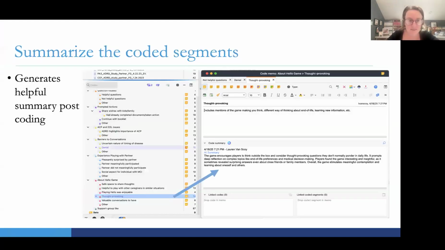So yeah. Okay, this feature I do really like, which is using codes that humans have derived and asking AI to create summaries. And for those of you that do qualitative analysis, you know that this is how we come up with our themes. So the human will read all of the passages, all of the coding, and in your head, you come up with a summary or a theme describing the data. And so AI can do that for you: you just right click, summarize the coded statements, and it gives you a nice little paragraph. And I found these paragraphs to be pretty helpful. All right, so that's a thing I do really like.